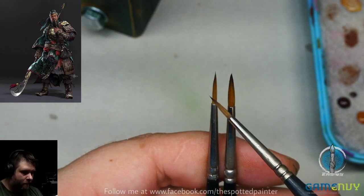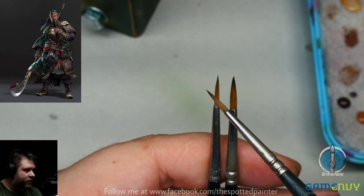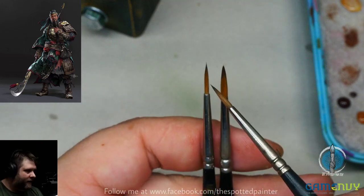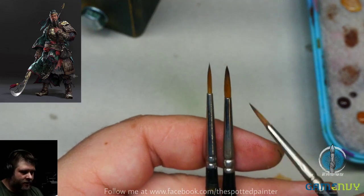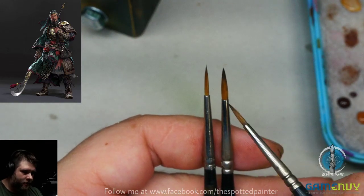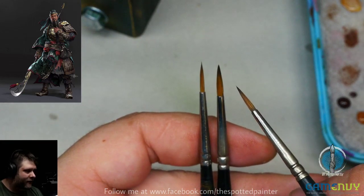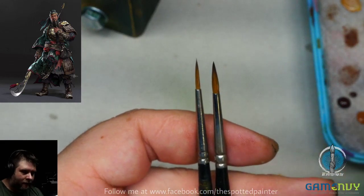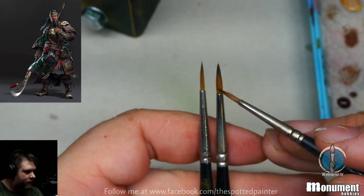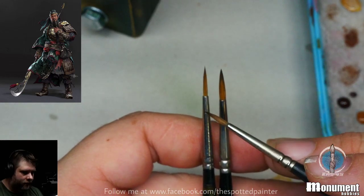But if you're using thicker paint and you try to do it with this one, it's going to split and fray real bad because the paint is going to get thicker and dry a lot faster inside of the brush. So it's just different brushes for different kinds of painting. So you need to pick a brush that matches the style that you do or you intend to do. So if you're a thicker painter like I am, where I tend to not do layer after layer after layer of thin painting, then this is a good brush because I tend to be thicker. If you're glazing over and over and over again,